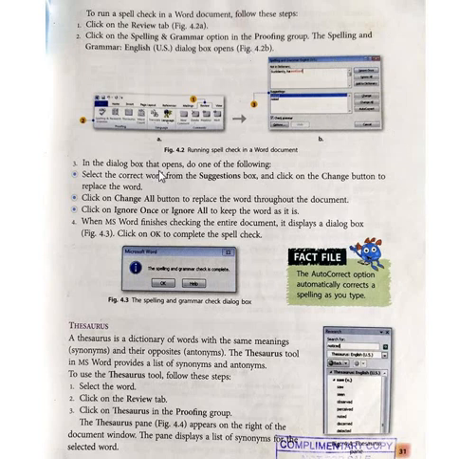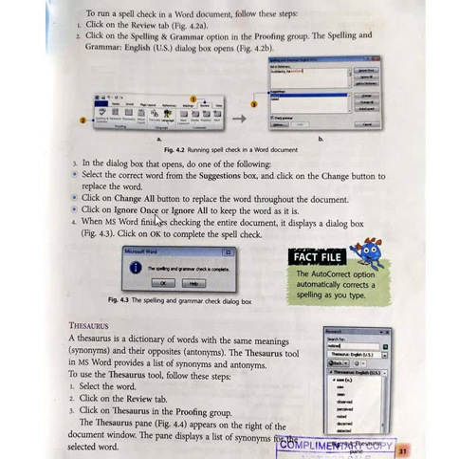In the dialog box that opens, do one of the following. Select the correct word from the suggestion box and click on the change button to replace the word. Click on change all to replace the word throughout the document.